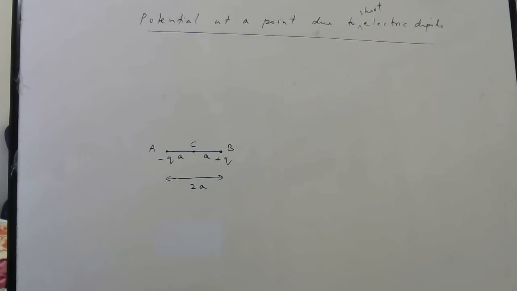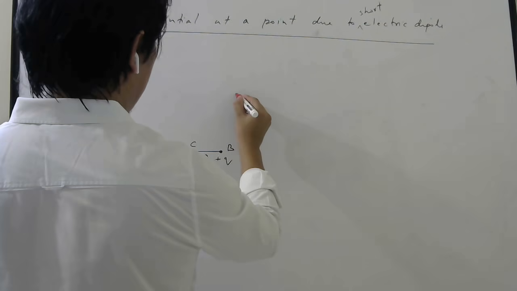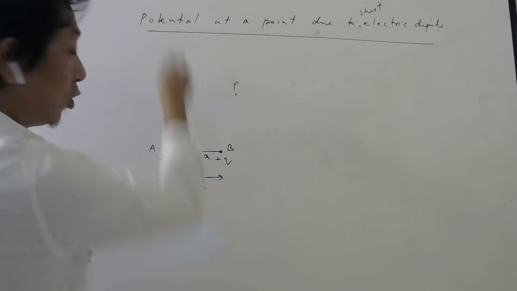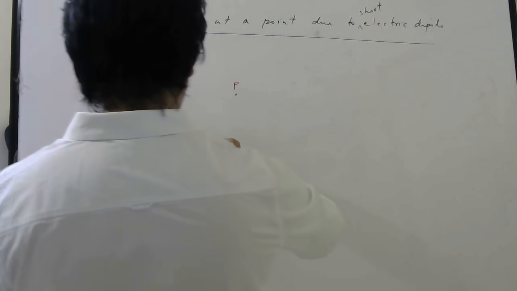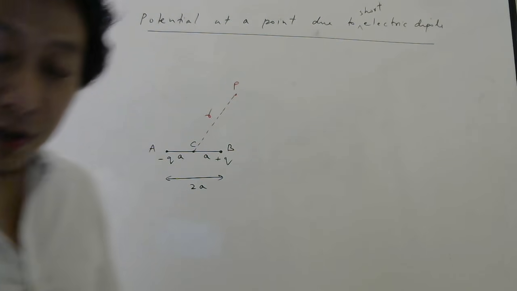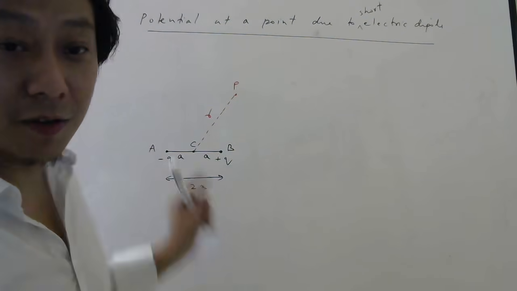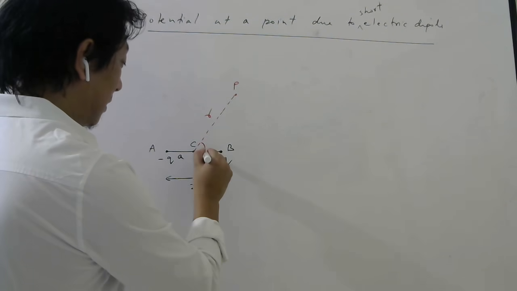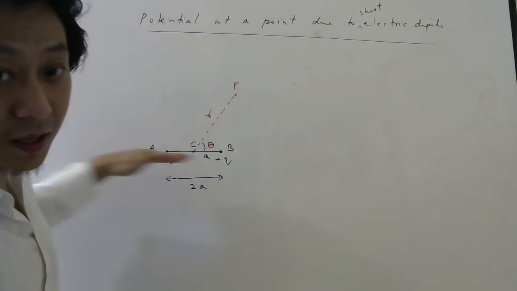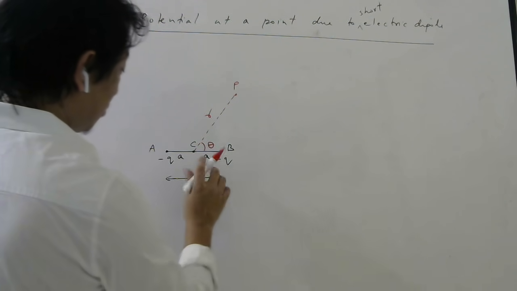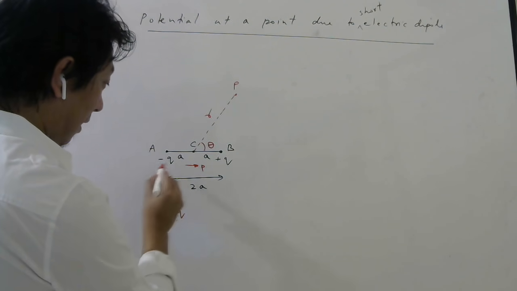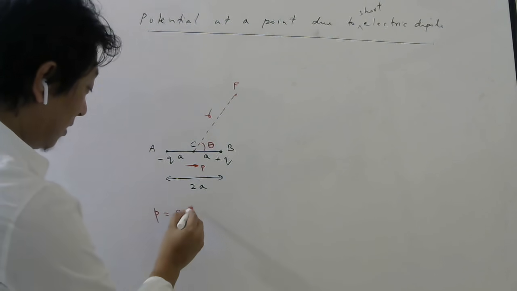Now let us say my observation point is somewhere here. It is not along the axial line, it is not along the equatorial line, it is anywhere. Then let us say it is how far from the center, R. Remember that in the case of electric field also we took the distance from the center of the dipole, and let us say this angle is theta. So theta is the angle made by this R with the dipole moment. What is dipole moment? From minus Q to plus Q. And what is dipole moment? Equal to Q, either charge you take, any one of the charge, into distance between them.